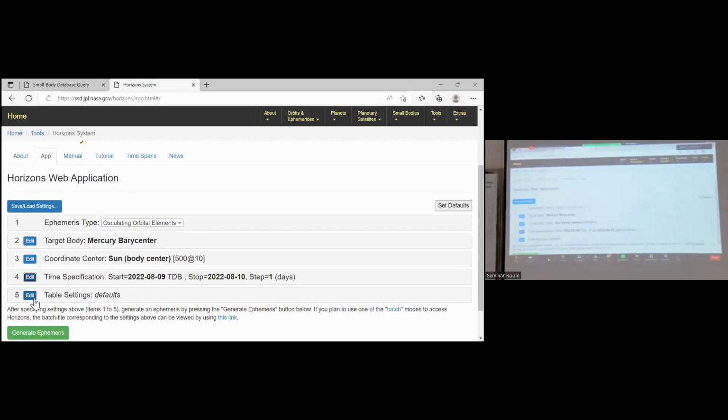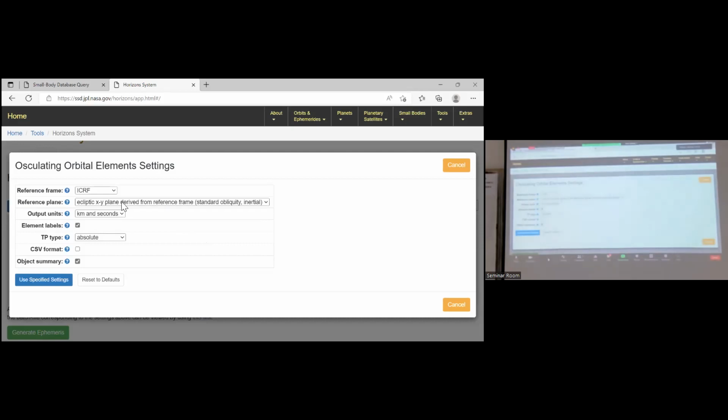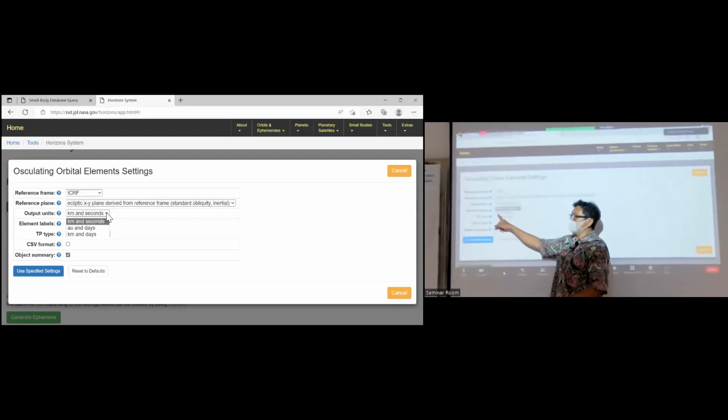Now, number 5, edit table settings. You should choose this one. AU for distance, days for time as units.